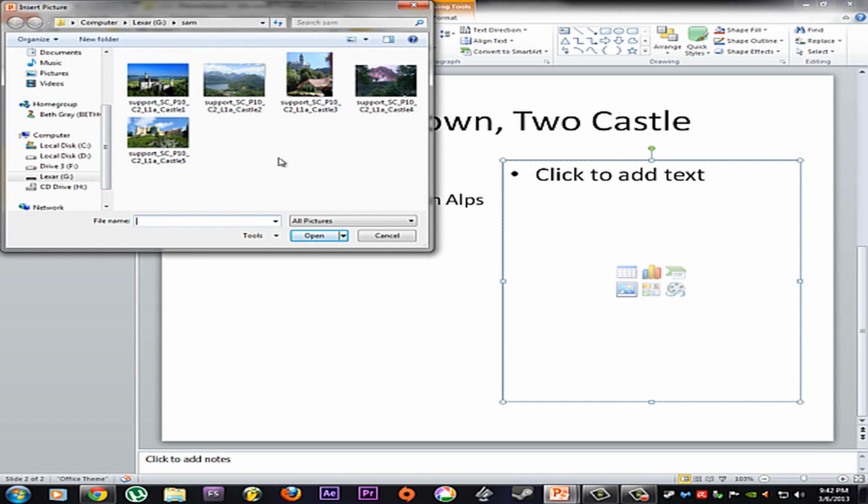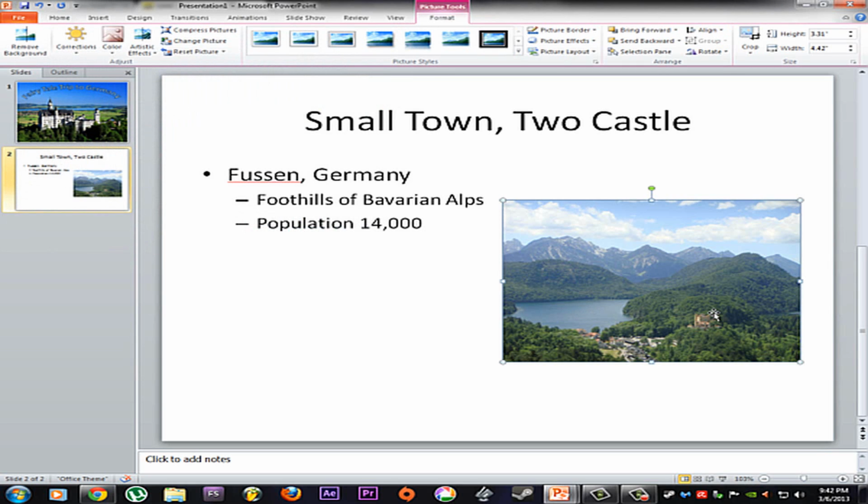If you put them in the same spot, it should do that for you. If not, go find it in the spot that you saved it, and it wants the Castle 2 picture, which is that one for me. And once I've inserted that, just by double clicking on it, it wants us to apply the bevel perspective picture